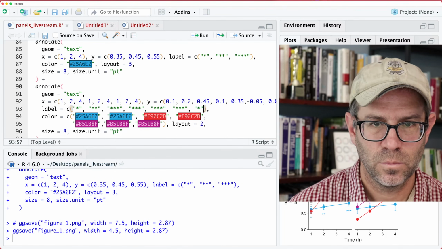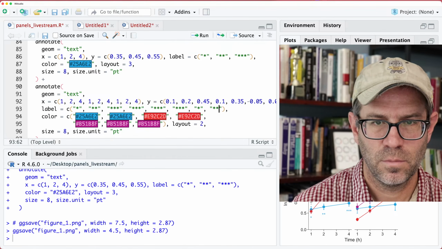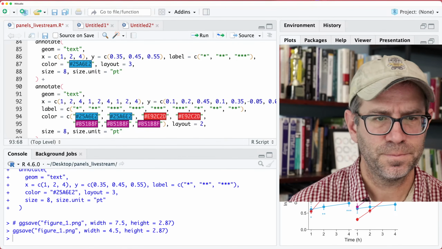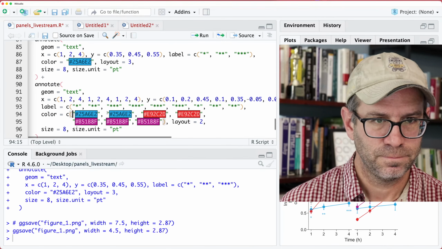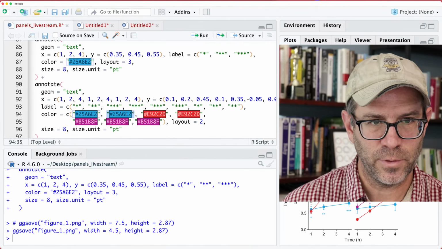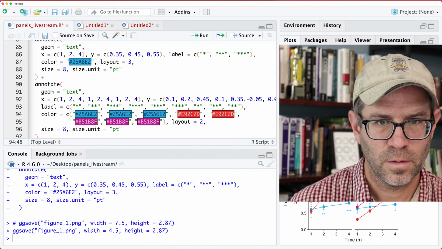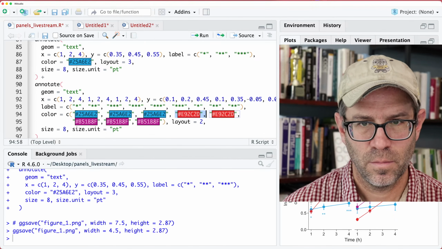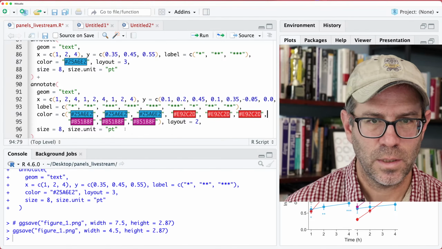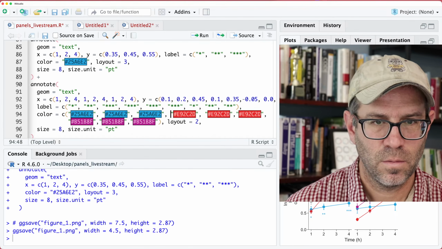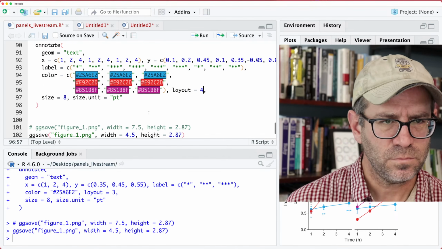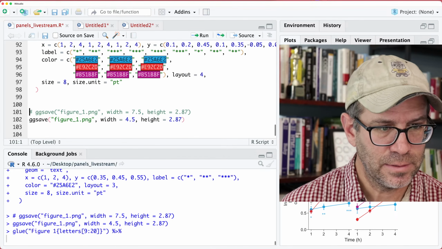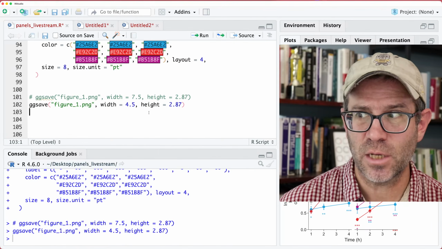So we'll do 1, 2, 2. Cool. And then we're going to repeat these colors, each of them 3 times. Like so. And then this needs to be layout 4. So if we look at this, make sure we don't get any errors, and then we can adjust where we've